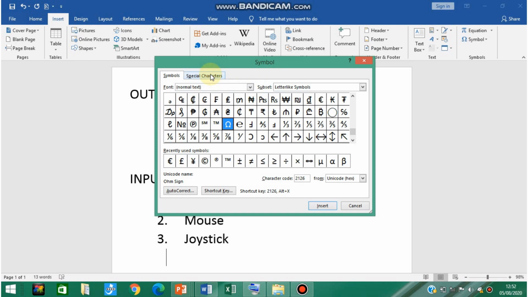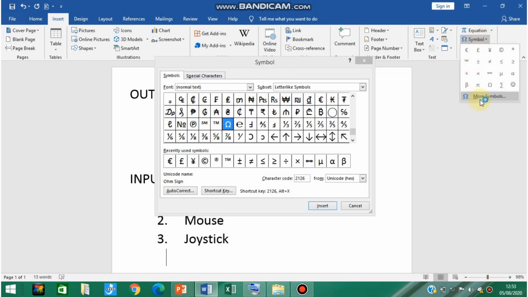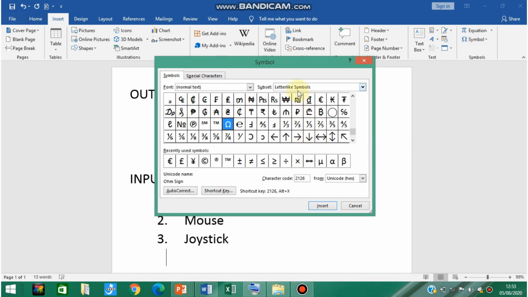Then the next is special characters. How can you enter special characters? The method is the same. Move inside the insert tab, go to the symbol option, and from that symbol option click on more symbols, and then a dialog box appears on the screen.